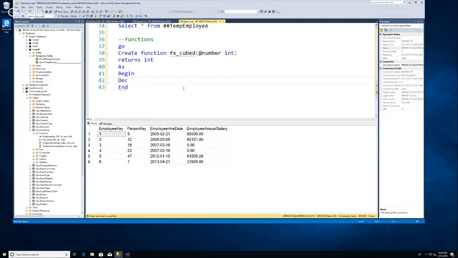So I'm going to declare @cube int. So I'm declaring a variable that's internal. This is different than a parameter. This is an internal variable. And then I'm going to set. And you have to do this in most languages. You could just say @cube equals. But in SQL here, you have to say set or select to give a value. So I'm going to do set @cube